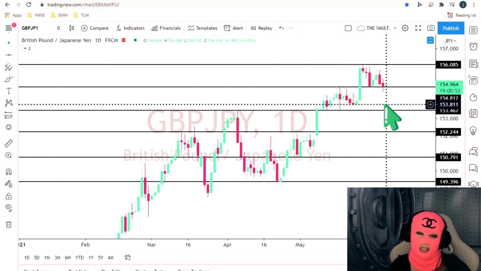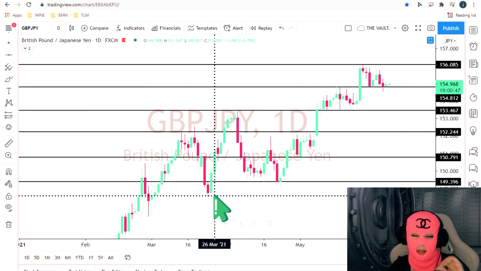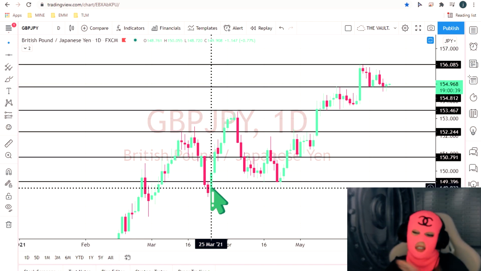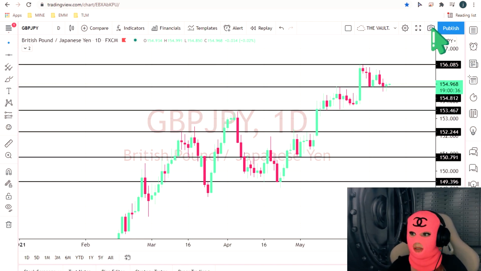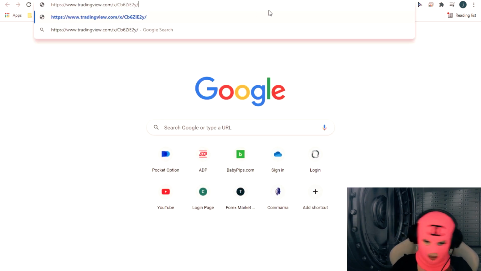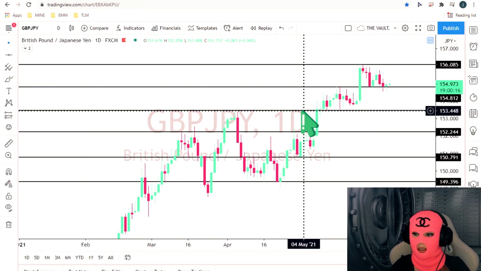So I encourage you to take these charts and mark them up. I will take time out of my day. Email me, please flash this on screen: thelavishmecca@outlook.com. Send me screenshots of your charts. All you have to do in TradingView is press this button, send me all these URLs, copy, paste, and then I can see exactly whatever you did. Put that in the email. Say, hey, are my support and resistance levels right? How would you do it? How can I improve? And I will take the time to review and get back to each and every one of you, I promise,